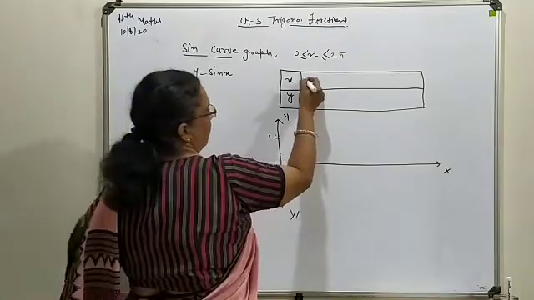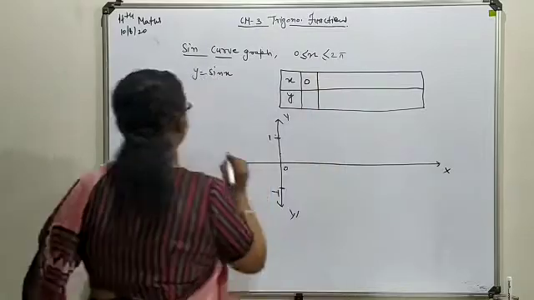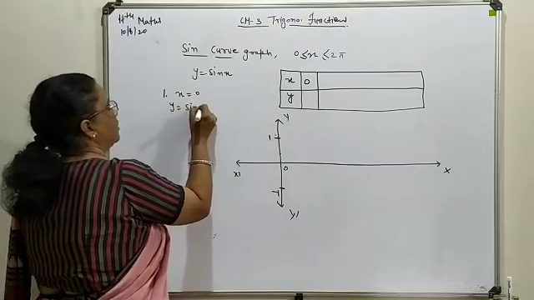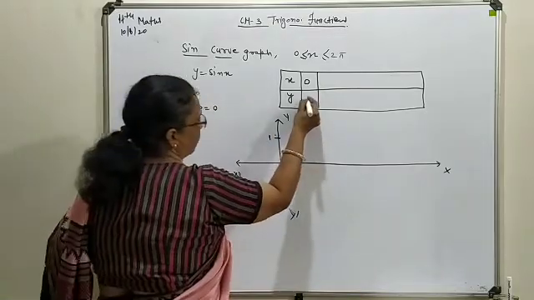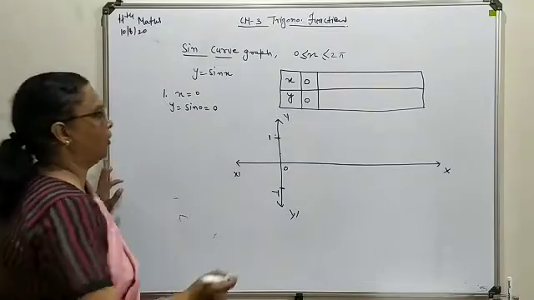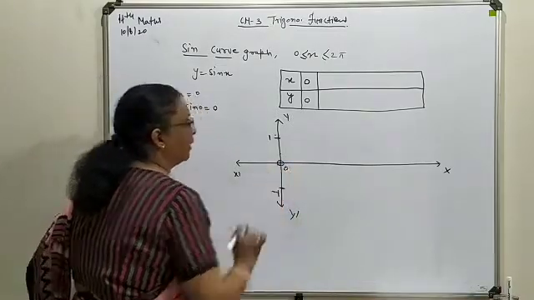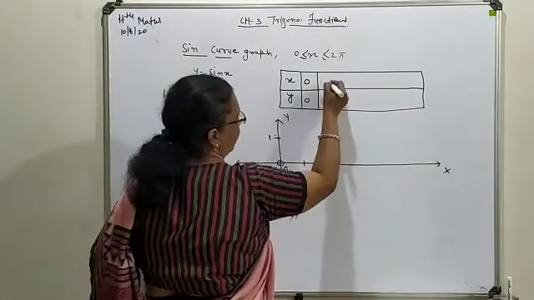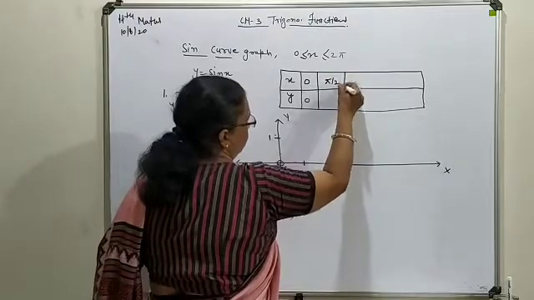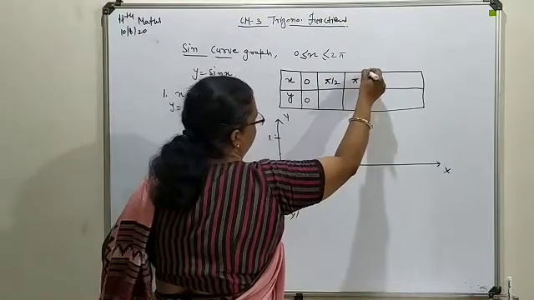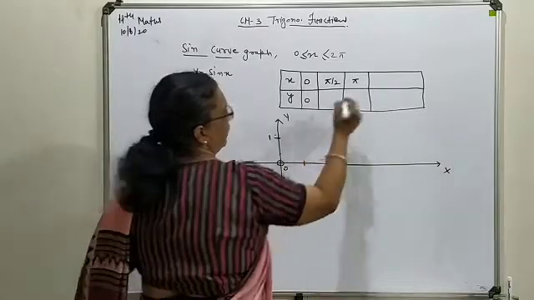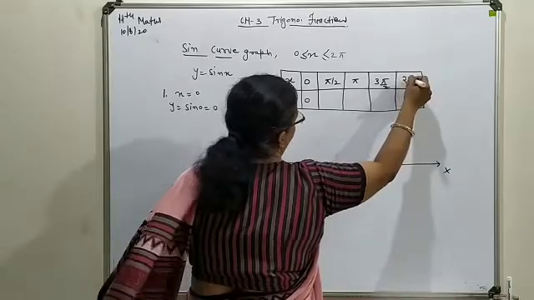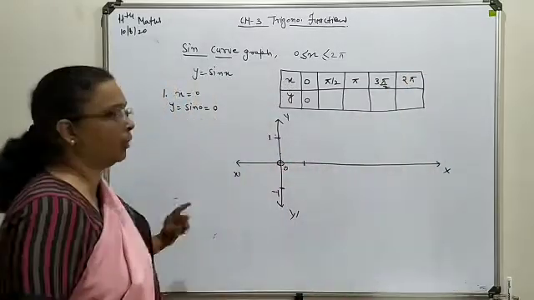Now let's start with the 0 angle. X is equal to 0 means y, sin 0, will come out as 0. So from this point, 0 to 0, means you will be here only at the origin. Now next, take a difference of pi by 2. This is pi by 2. Next we take pi, making addition of pi everywhere. So this will be your 3 pi by 2 and this will give you 2 pi. So you will have the full pattern for one cycle.